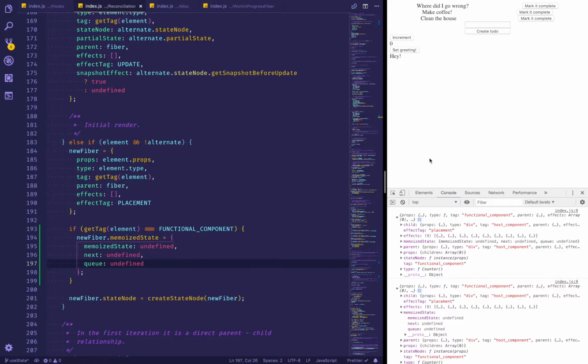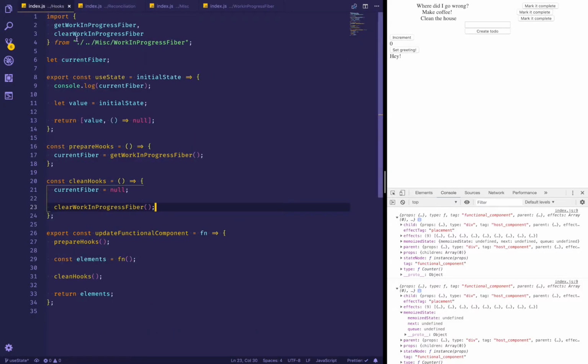Basically that's gonna be the place where we keep all of our state for future references. So obviously the current state in the current render is dependent on the previous state. That's the whole point of a state machine. And we need some structure, and we need some place to save it on the fiber. And obviously we need to have access to it. So what we need to do is